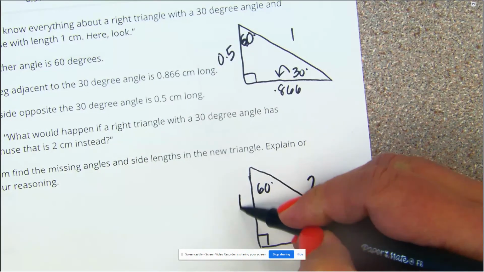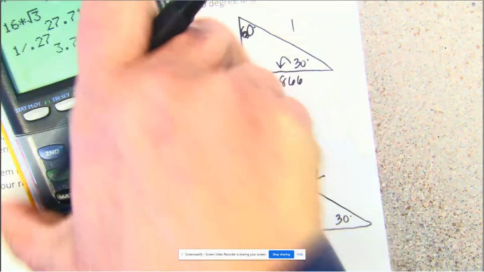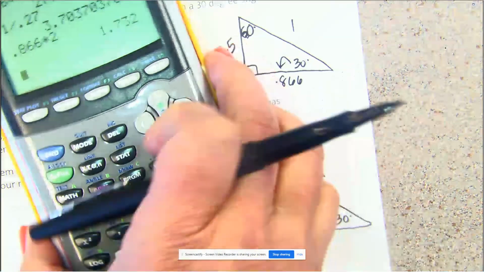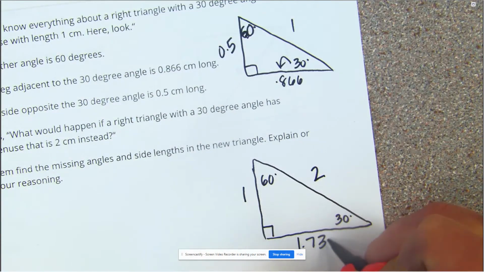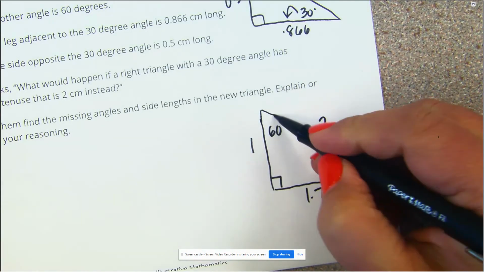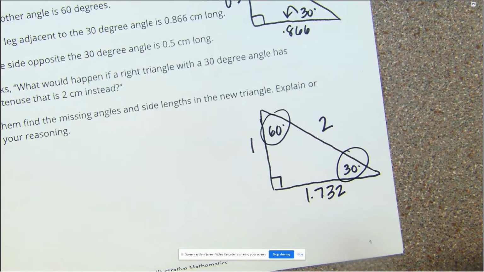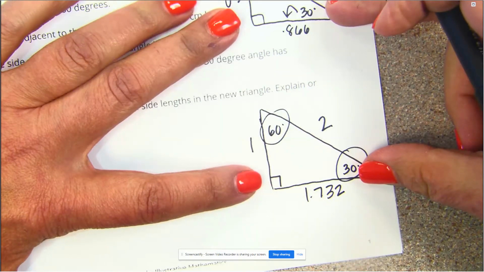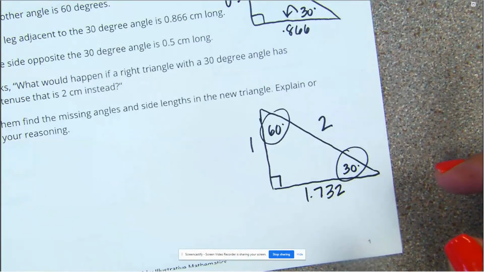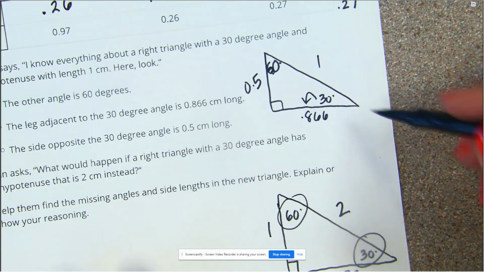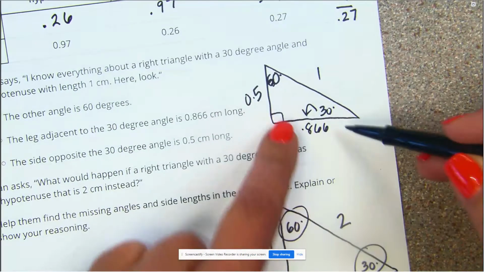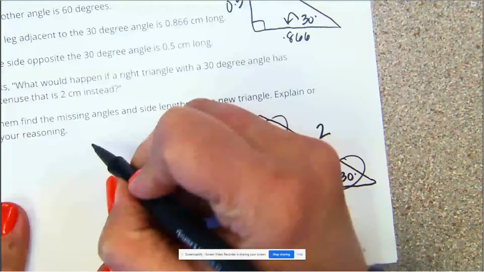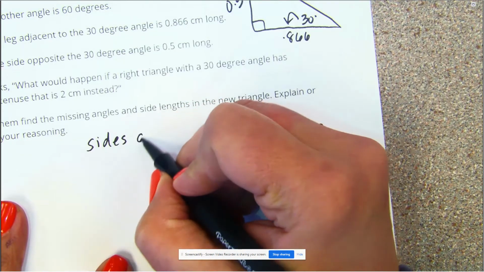So that would be 1, and then what's 0.866 times 2? That'd be about 1.732. So it says help find the missing angles and lengths. So the angles would be exactly the same, okay? Because once they gave me a 30, and it's a right triangle, so now we've got the 90, that's AA, the third angle has to be 60. The missing sides, because the triangles are similar, that got blown up by 2. The other sides have to get blown up by 2, okay? Sides are doubled